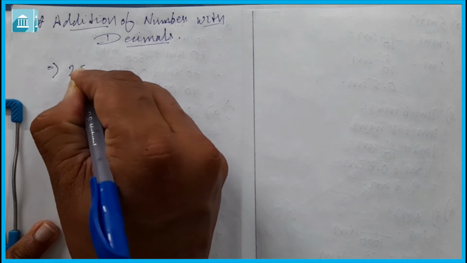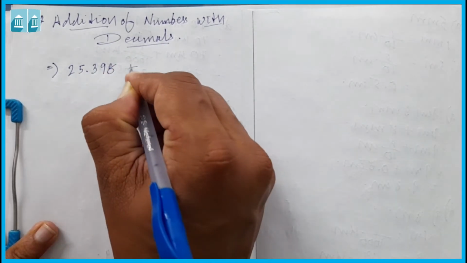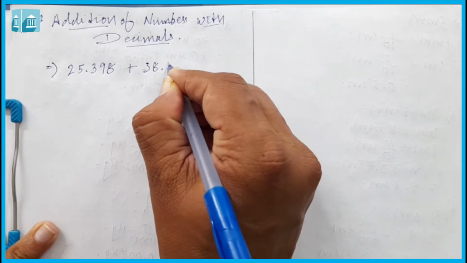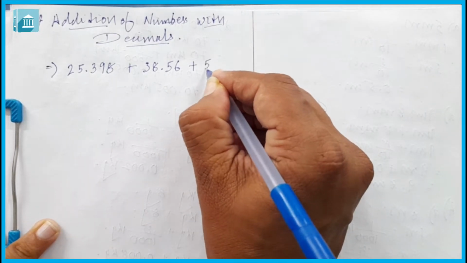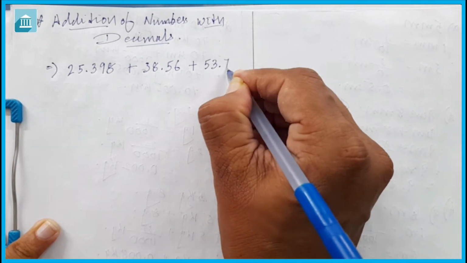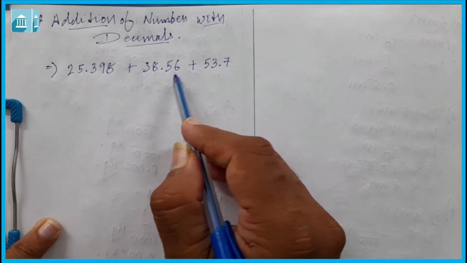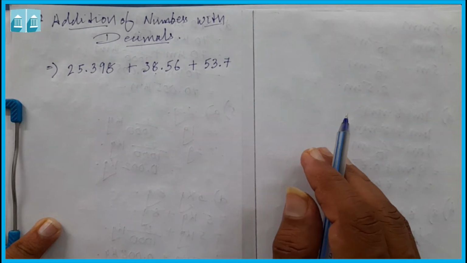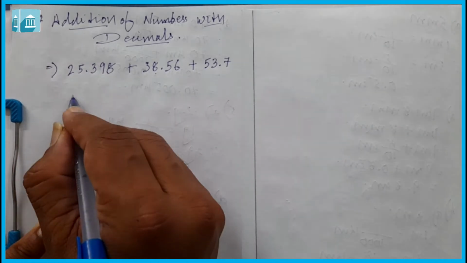For example, 25.398 plus 38.56 plus 53.7. Now these are the numbers 25.398, 38.56 and 53.7. There are two ways. So first, if we are adding, then it will be